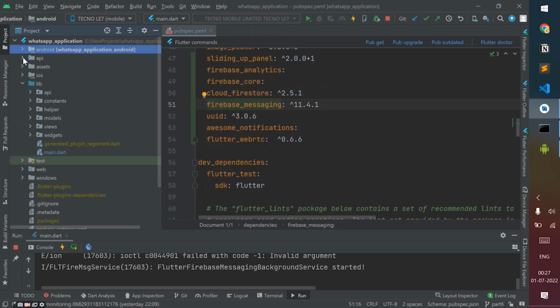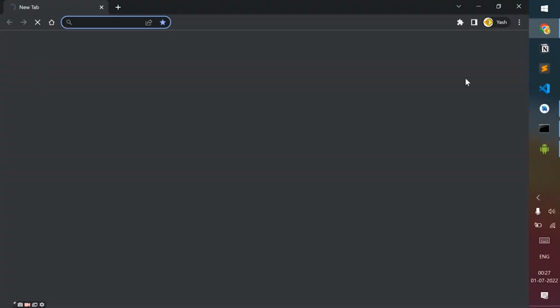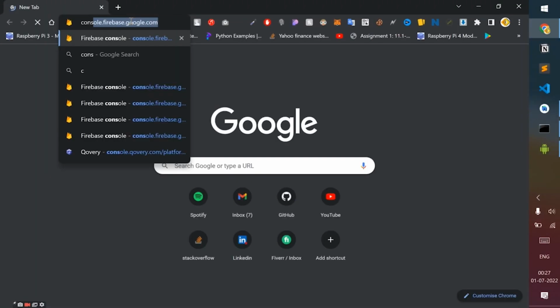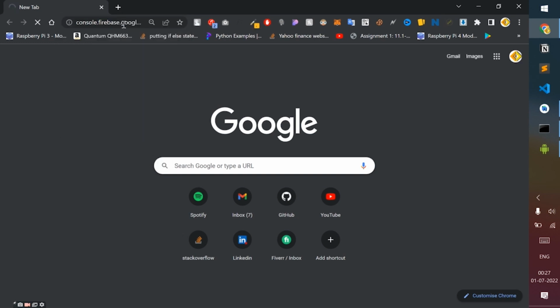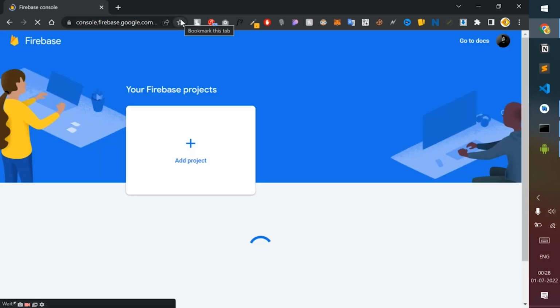After doing that, what you have to do is first create a Firebase account. So head over to your browser and go to the Firebase console. I'm going to open mine here. Great. So my Firebase console is opening,